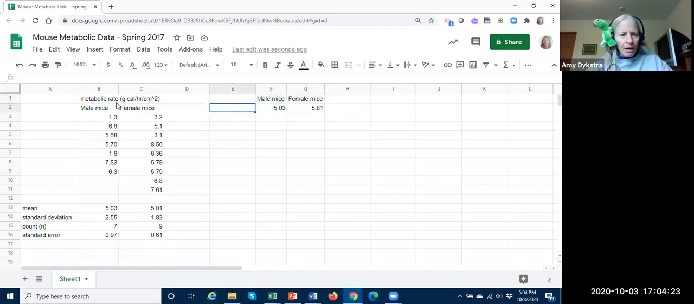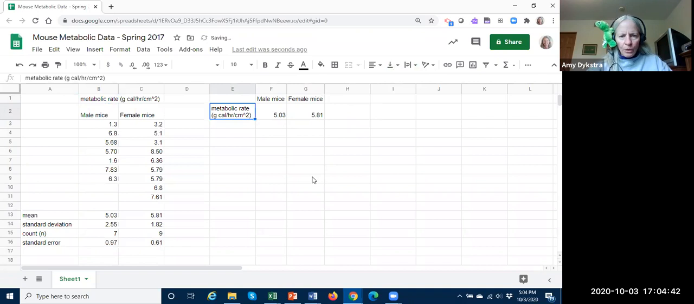And then what these data are are average metabolic rates. So I want to copy this label here and put it over here. I can make it word wrap so that I can see the whole thing. And then this is what I want to graph. So I'm going to select these